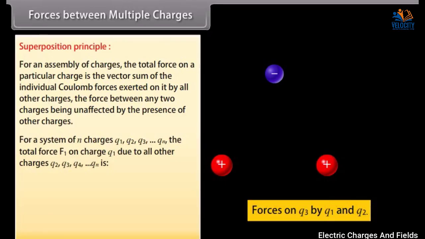the total force F1 on charge Q1 due to all other charges Q2, Q3, Q4 and so on till Qn is F1 is equal to F12 plus F13 plus F14 and so on till F1n. This equation can be written as